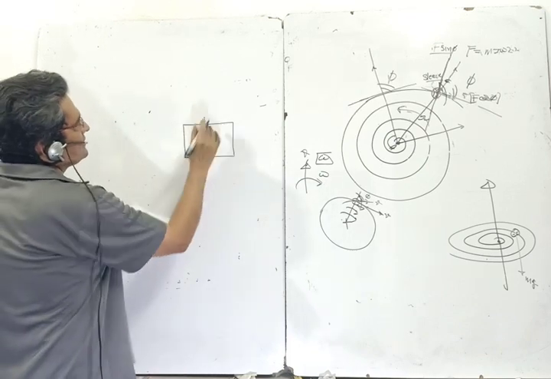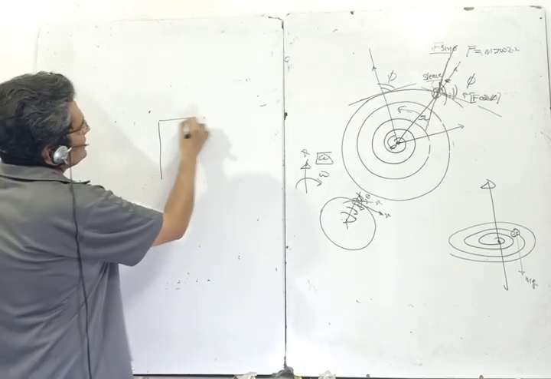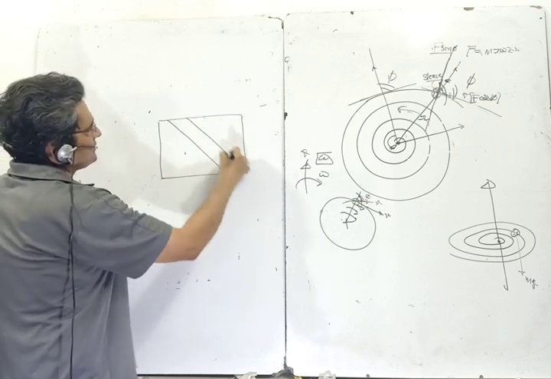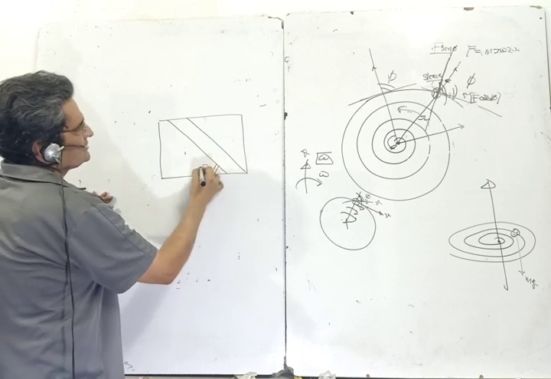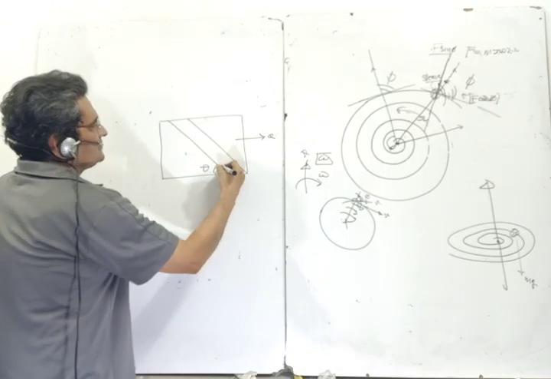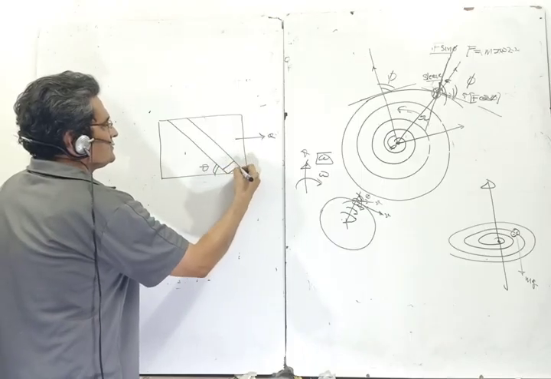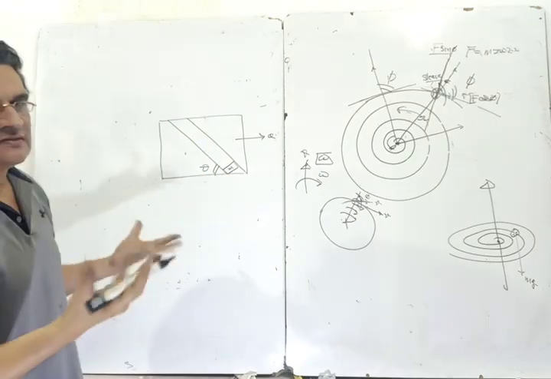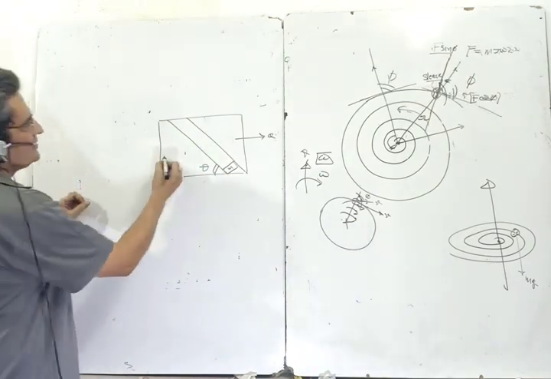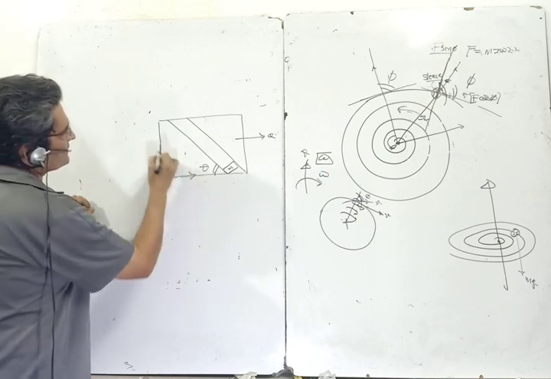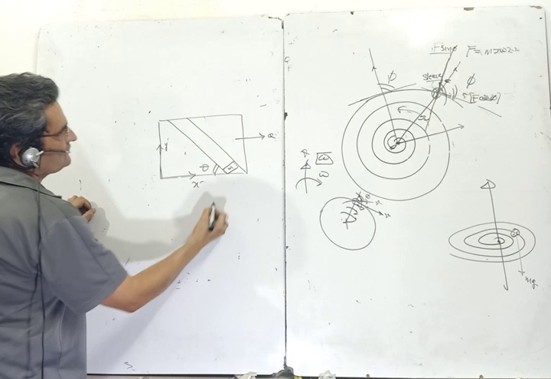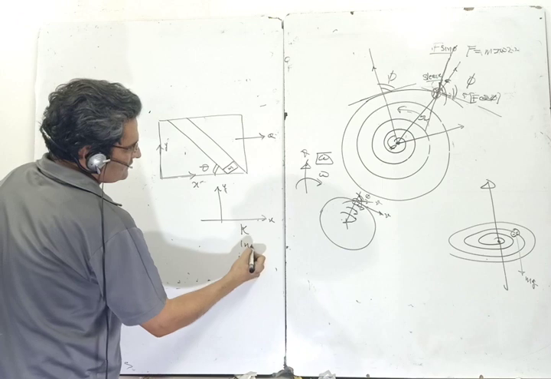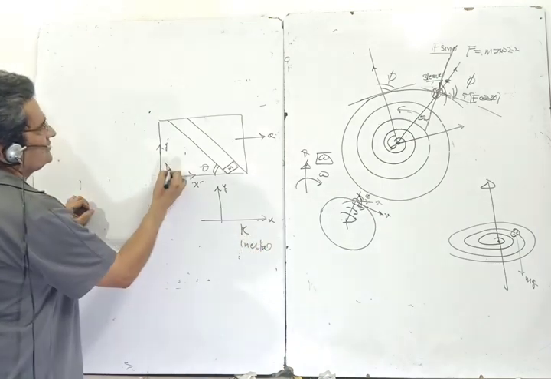If I take the top view, suppose this is a huge plank, and there is a slot in this plank at an angle theta, and the plank is moving with acceleration a. There is a mass somewhere here. This mass will experience some forces, in the frame fixed to this plank. X dash, Y dash is the frame fixed to this plank, and X, Y is the inertial frame, while this is the non-inertial frame.